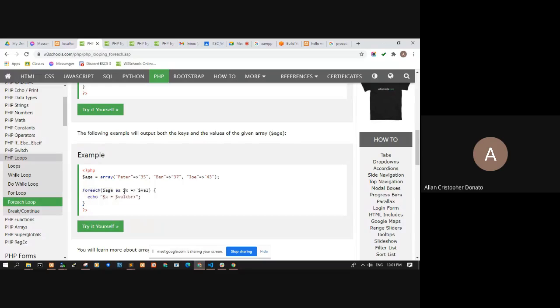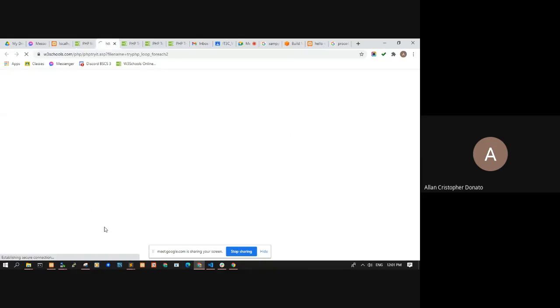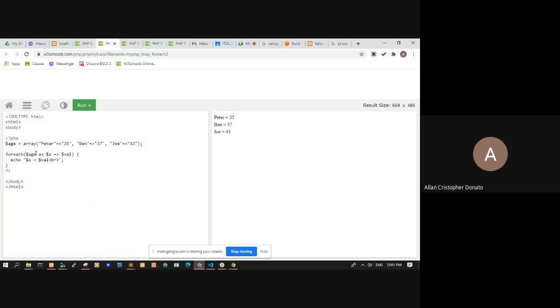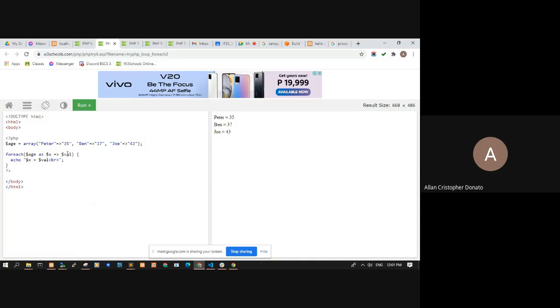Take note, the syntax is for each age as x is equal to val. This x here will contain the key. Okay? So it contains the key, and the val will contain the value, which is 35, 37, and 43.